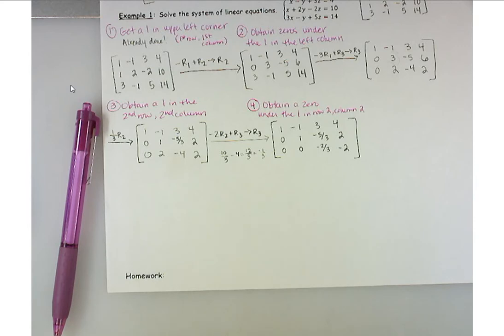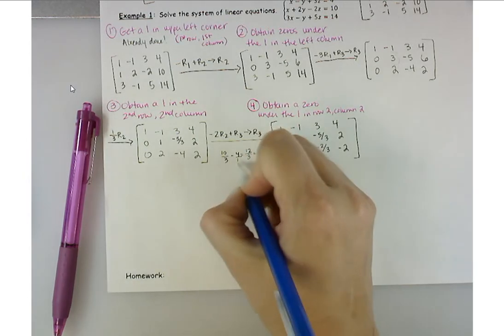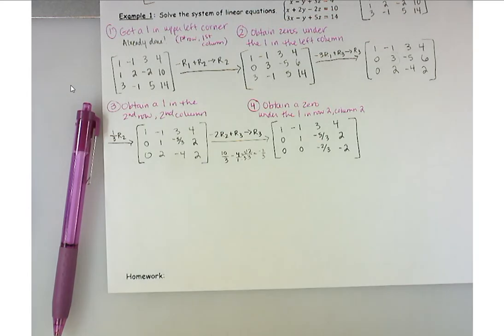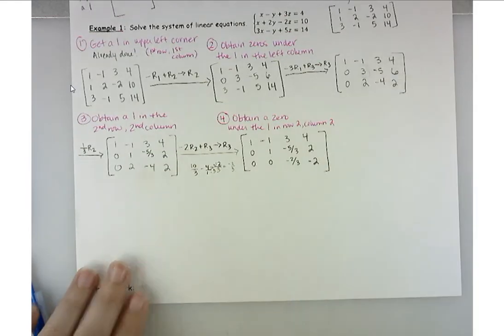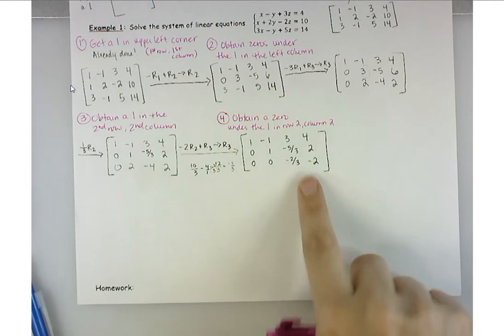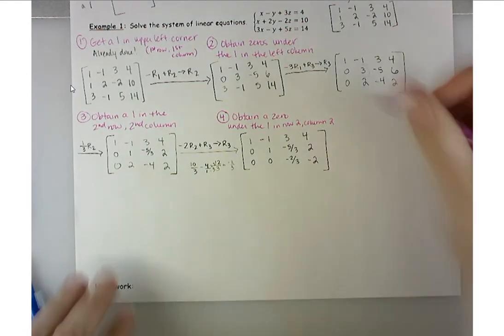Okay, wait. It's 10 over 3 minus 4. Wouldn't that be 6 over 3? You have to turn 4 into a fraction. Yeah, you have to get a common denominator before you can subtract. Because the 4 is like over 1. So then I just multiplied by 3 over 3 so I could subtract them. Okay, I know, there's a lot going on. Yep, you just have to get your common denominator, and then your last step is to